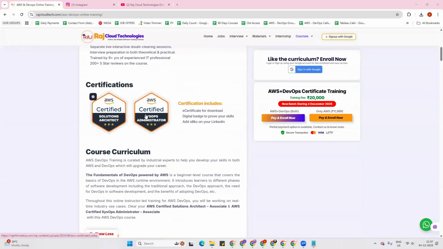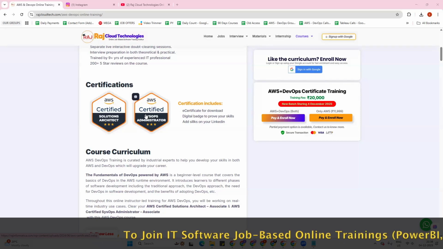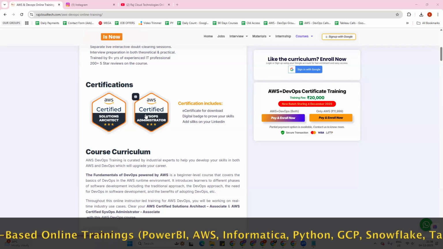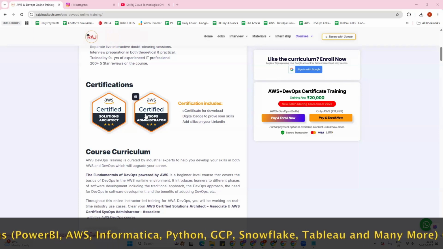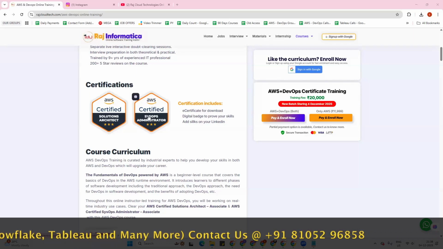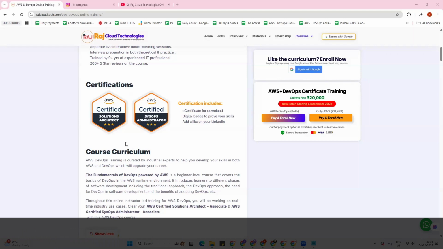For these certifications our trainer will also help you prepare. We don't recommend any dumps here. With the knowledge from our course, you can easily clear both certifications.